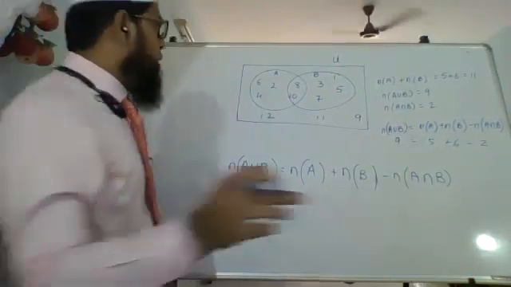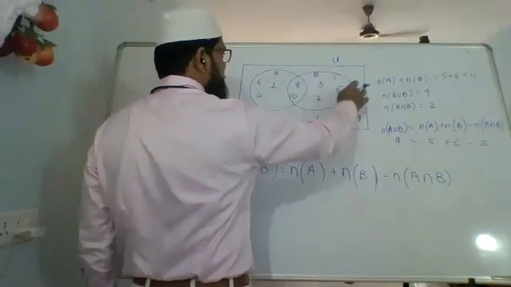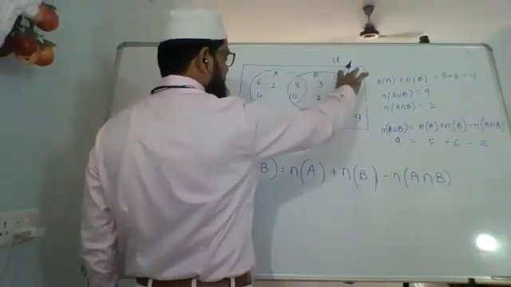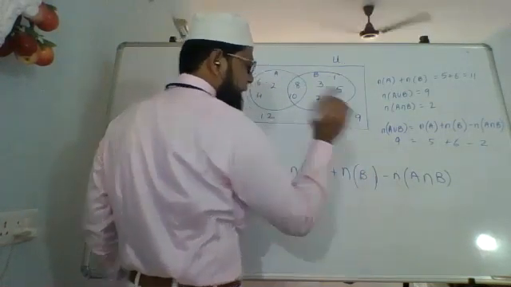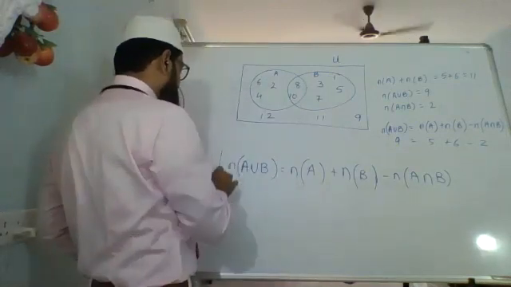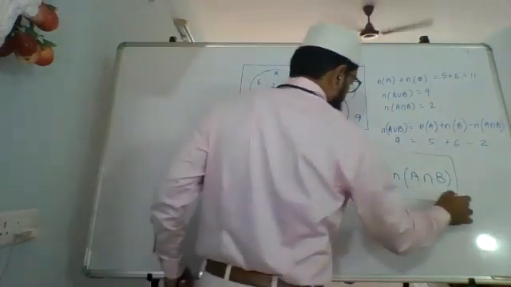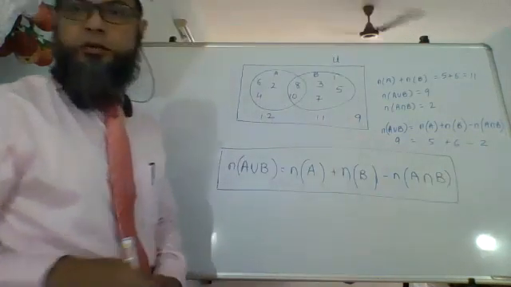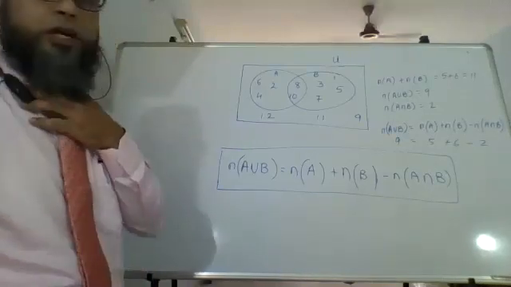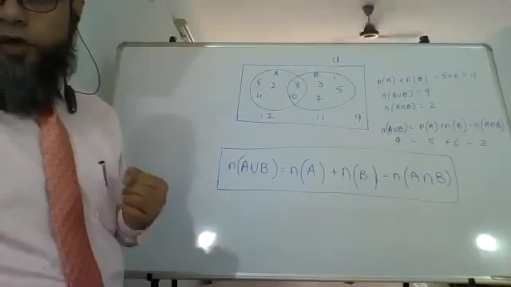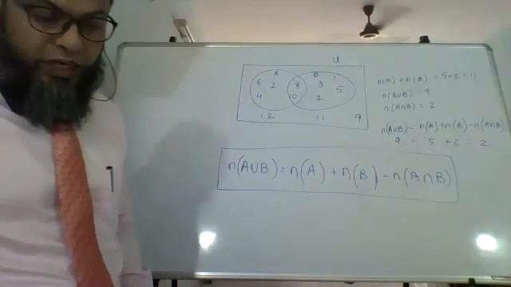Now, why does that happen? Because this 8 and 10 are counted in A and 8 and 10 are counted in B also. But when we take it together, union, we write each only once, so what came twice gets subtracted here. So this is your formula which we use in this chapter. Please write this down, mark it as a formula, put it in a box or whatever you want to do so that you don't make a mistake or forget it. Okay, write it down. Then we are going to do one word problem.